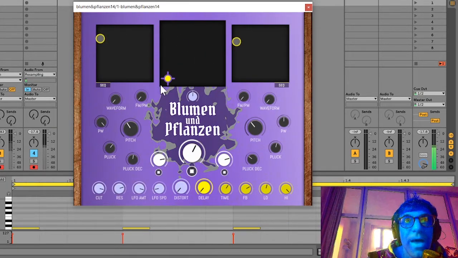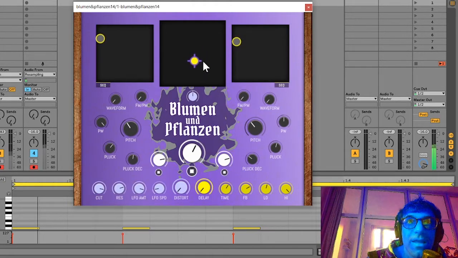This central XY pad controls the modulation. Up and down controls the amount of modulation. This modulates oscillator 1. X changes the opposite, how much this modulates this. So of course, if you're just going straight up or straight to the side, you're not getting any feedback, but anywhere in the center, you start creating this loop where oscillator 1 is sending to oscillator 2, oscillator 2 is sending to oscillator 1. You can change how much of that feedback is happening